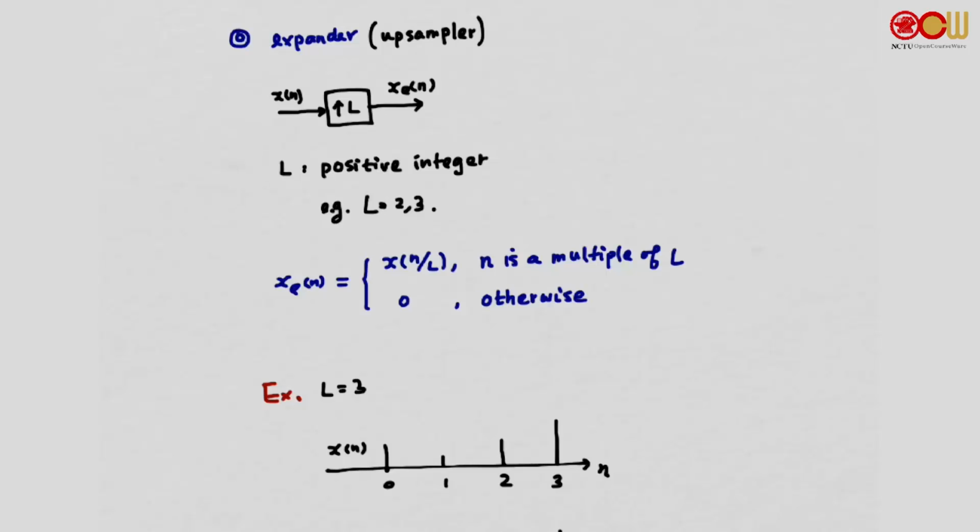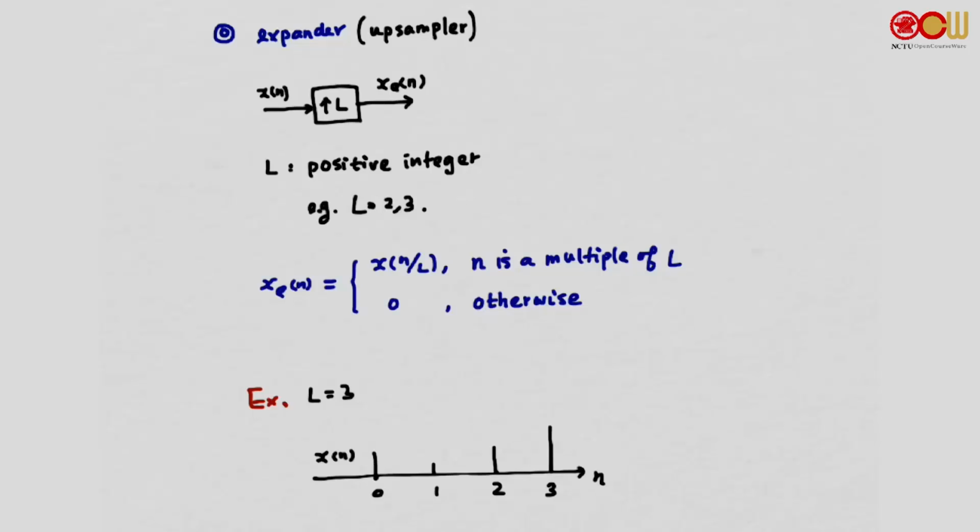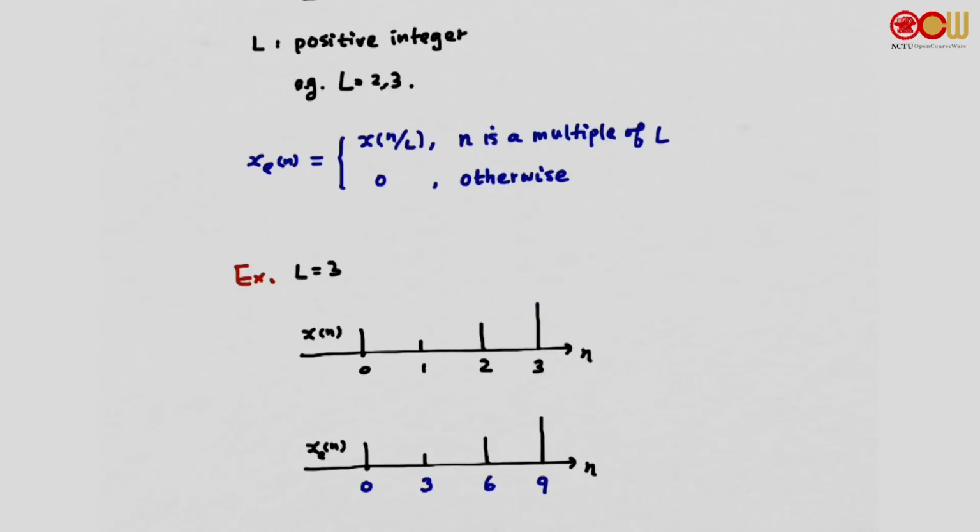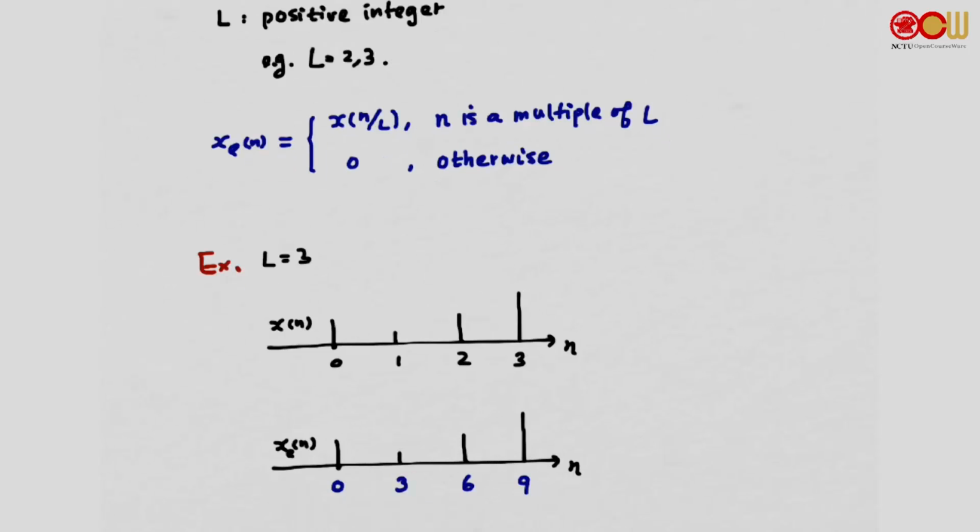Let's look at an example. For example, L is equal to 3, and this is x, with samples 0, 1, 2, 3, and L in this example is equal to 3. If we look at the definition, it says that the output is non-zero only when n is a multiple of L equal to 3. So it's non-zero only at 0, 3, 6, 9, and so on, and minus 3, minus 6, and so on. So the output xE could be non-zero at 0, 3, 6, 9. And what is the value of xE when n is equal to 0? It is 0 divided by L,